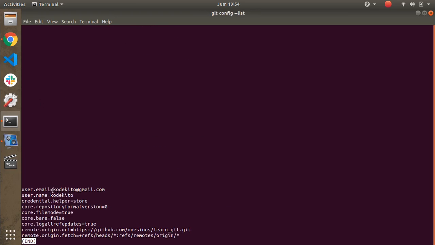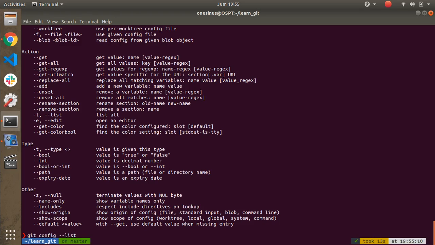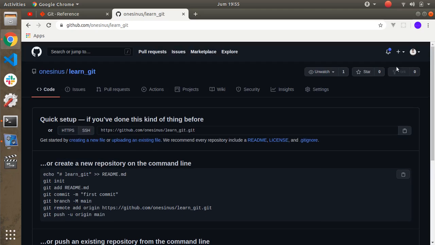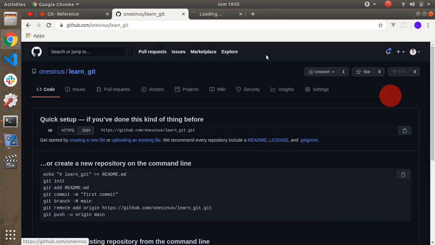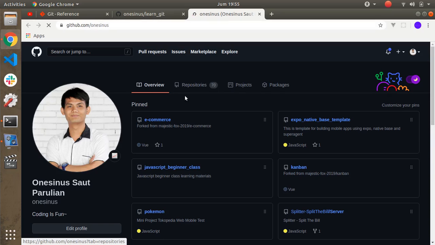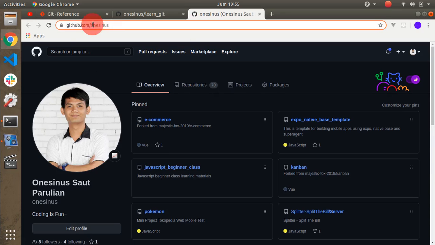You can see here I'm using another git account. So let's use the right user for this repository. In this case, I will use my Onesimus account.